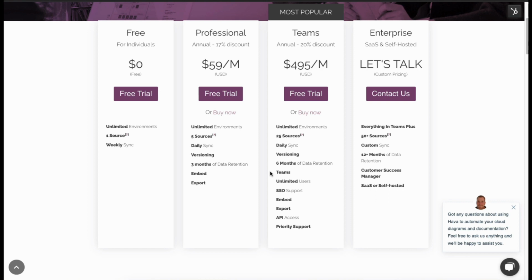can invite other people to the account, and you can all collaborate on diagrams within the Teams account itself. We've got unlimited users, so if you wanted to connect 50 people to your Teams account, you can do that. It's also got SSO support. You can embed and export as you can with the Pro plan, but you also then get on the Teams